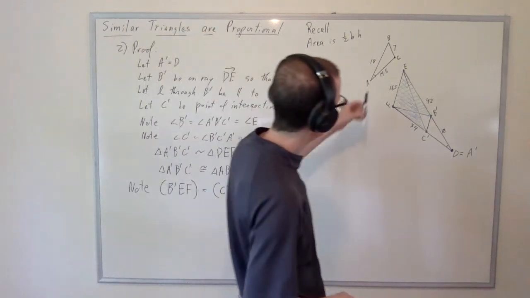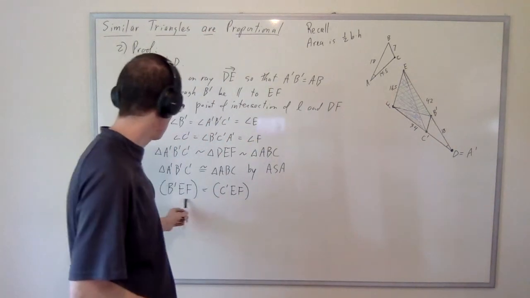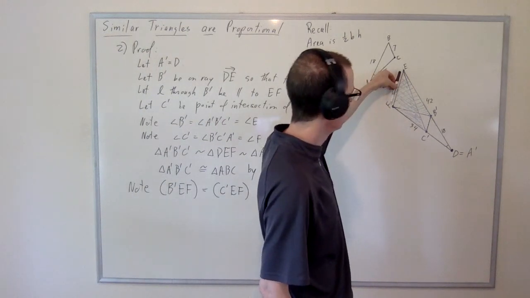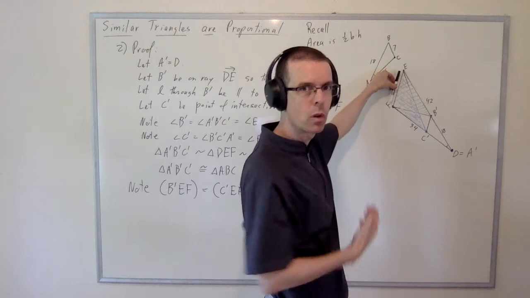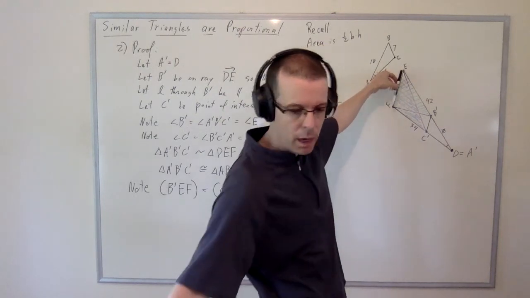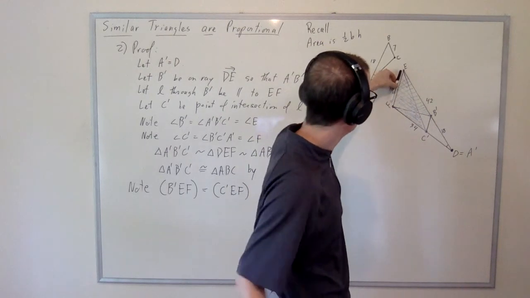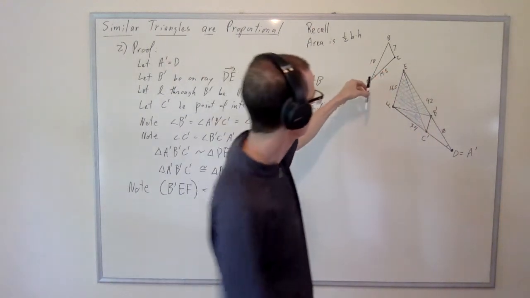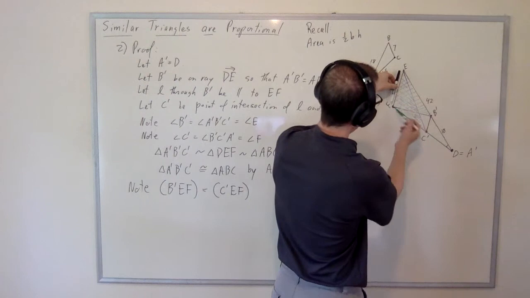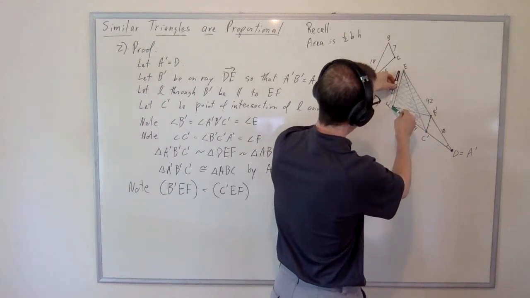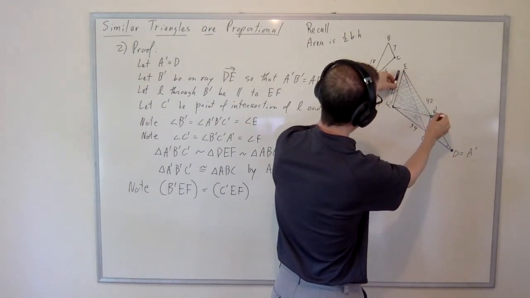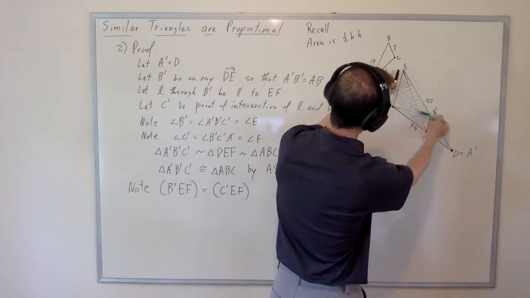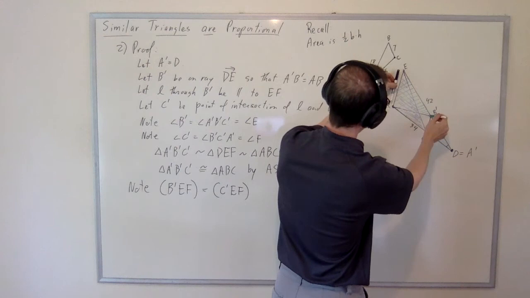So both of these triangles, B prime EF and C prime EF, can be regarded as having the base EF. Now, that's a nearly vertical line, but it can still be the base, right? Now, the height of the triangle B prime EF, which is shaded in green here, relative to this base EF is the perpendicular distance from B prime to the line EF, right? It looks like this is actually close to being an altitude of it here, but it's the perpendicular distance from